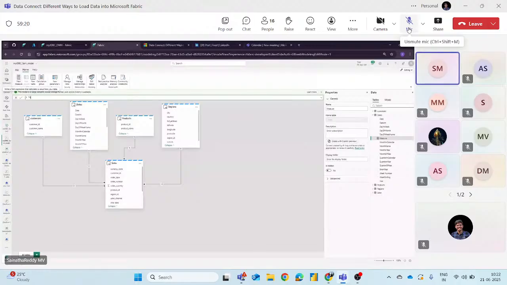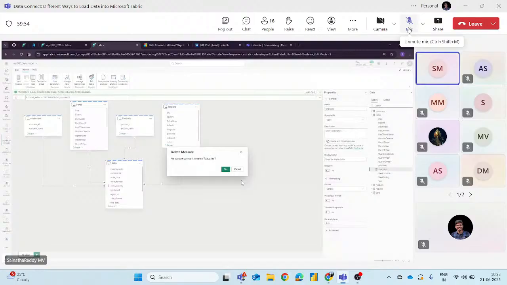Previously, we didn't have any DAX queries in the Power BI service itself. Now I just want to sum my revenue information in the sales total revenue. See, guys, how you can create a DAX measure. See, this is the total sales you have created in dates. Oh, this is wrong, guys. We cannot create a measure in these dates. I think we have to delete this measure from this model.